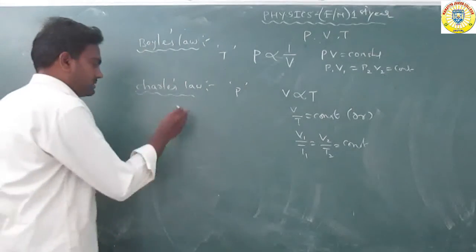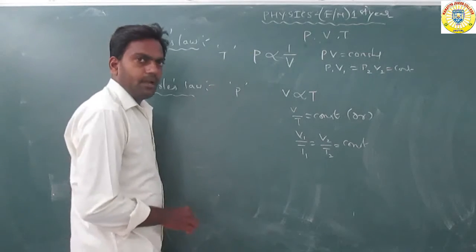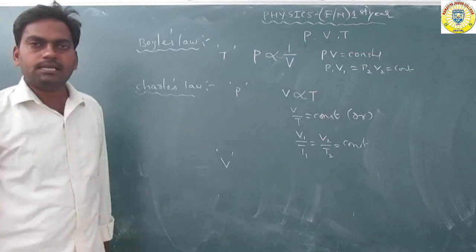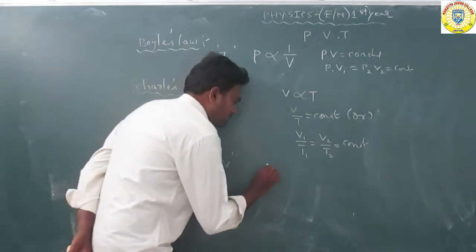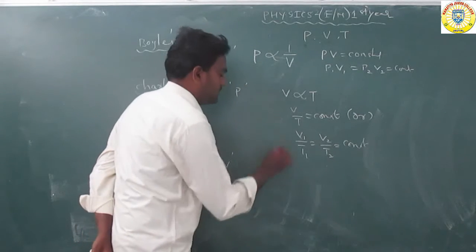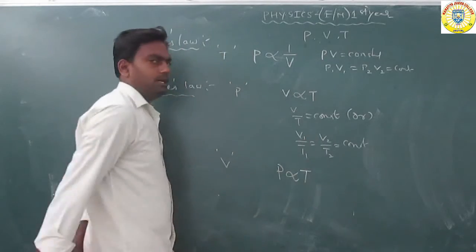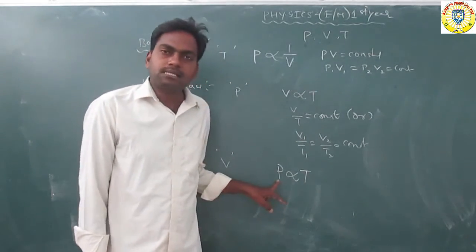Now we take another case, Charles' law at a constant volume. At a constant volume, for the remaining terms, P is directly proportional to absolute temperature. P means pressure. So the pressure of a given mass of gas